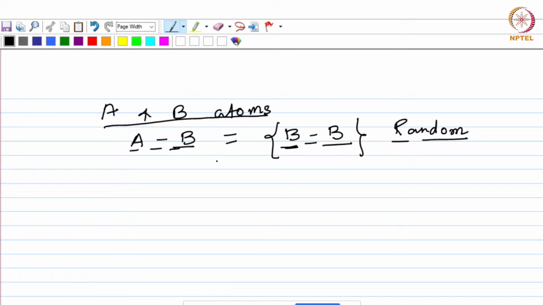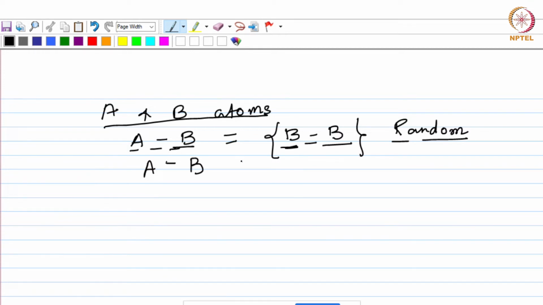They do not really have a preference to have a similar or dissimilar neighbor. On the other hand, they might also have a tendency to have dissimilar atoms, that is, A will have B as their neighbors,